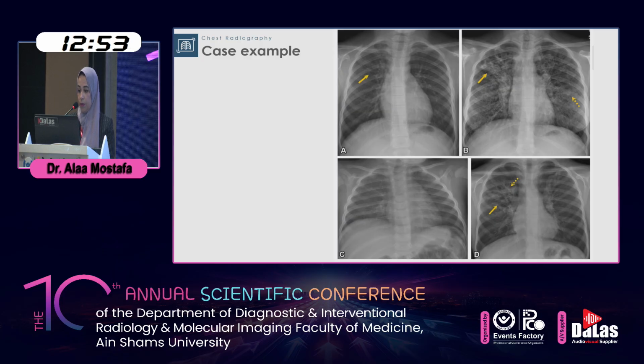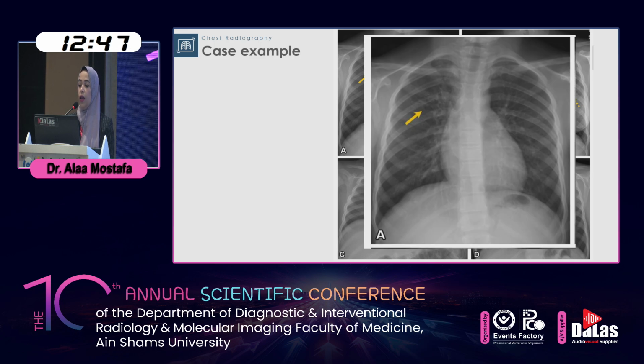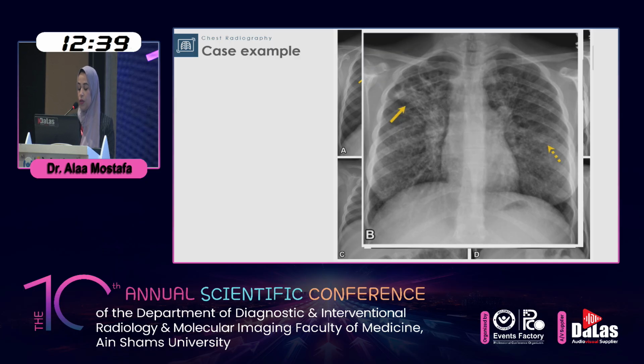Here is a case example showing chest radiography for monitoring of disease progression in two patients with cystic fibrosis. Image A is a coronal chest radiograph in a 9-year-old girl, showing mild right upper lobe bronchiectasis as marked by the yellow arrow. Image B is a coronal chest radiograph in the same patient 10 years later, showing increased upper lobe cystic bronchiectasis as marked by the solid arrow, with nodular opacities as marked by the dashed arrow representing mucus